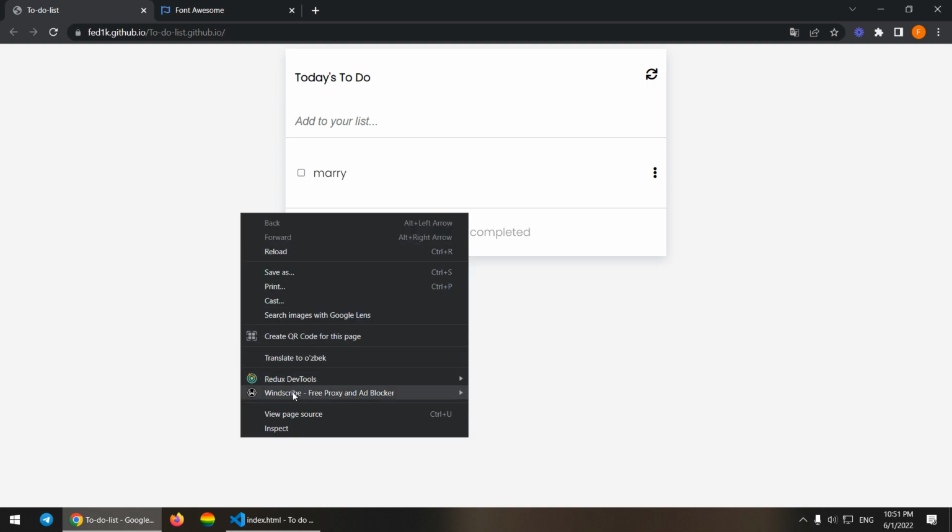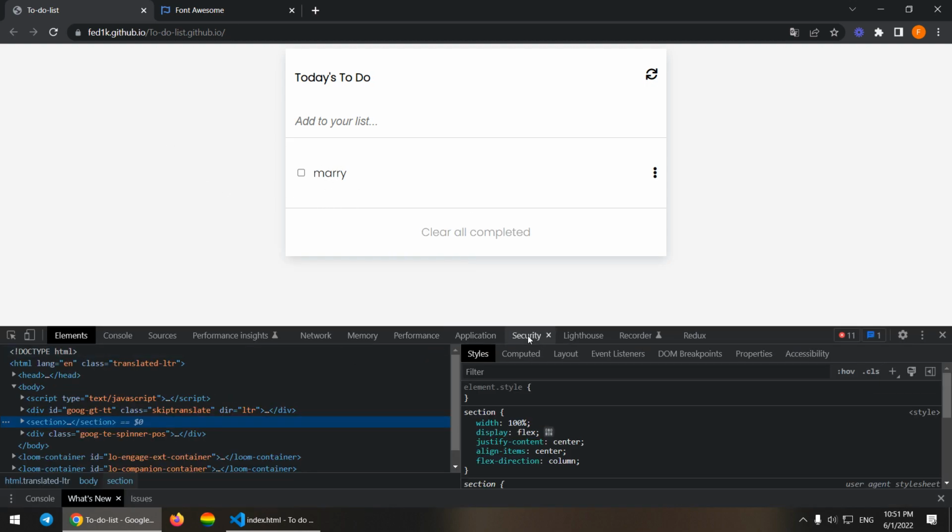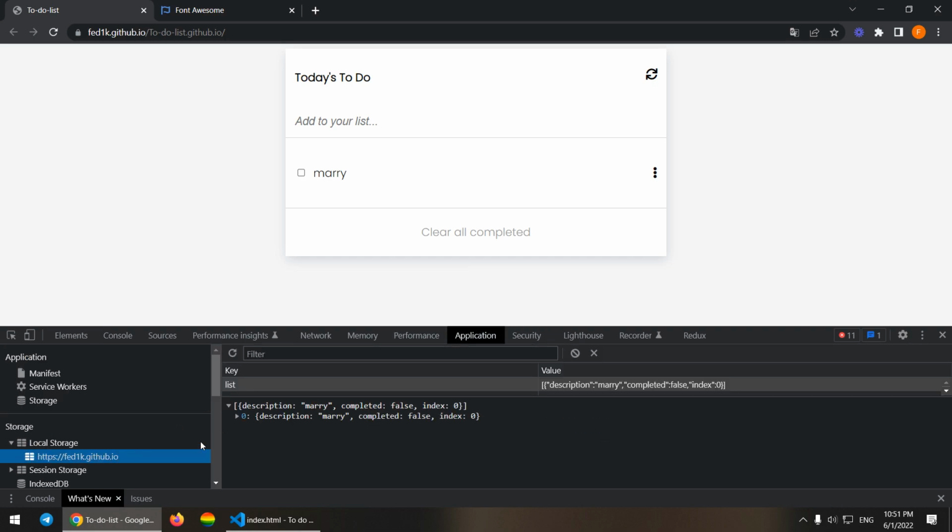will be saved in the local storage right here, in the application tab as you see, and it has a description, which is this information here, and the boolean value, which is completed, and it's currently false. If we check this check mark, it changes to true. And the index, which is the index of this to-do, since it's only one, this index is 0